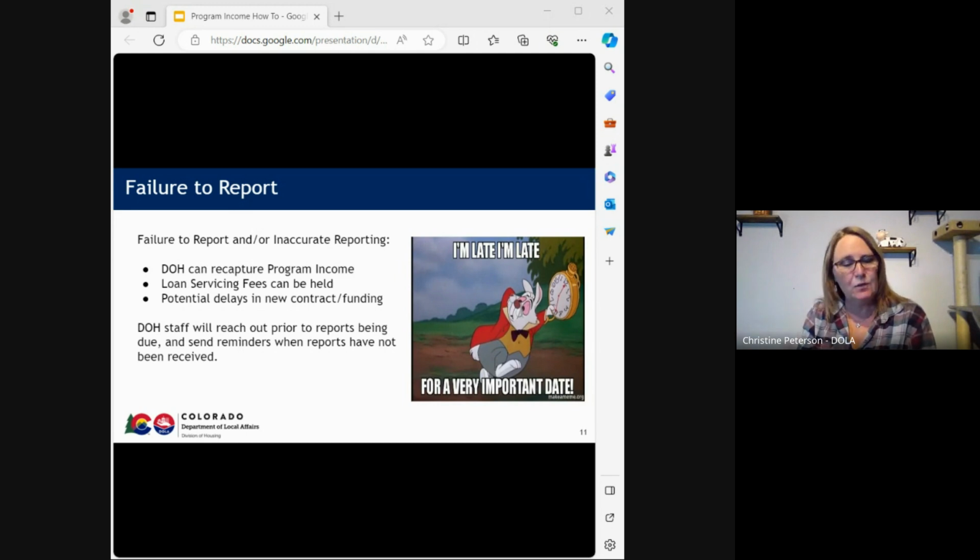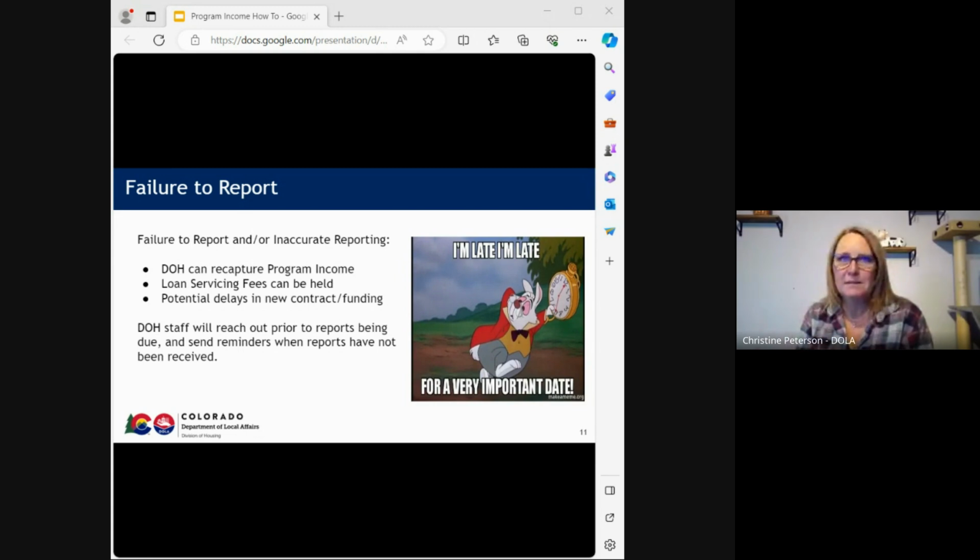We will need this by the 20th of January or July. Normally it takes us a couple months to catch back up and then notify you if we haven't received that report. I'll admit there are times that it is in our email. We didn't see it or we didn't save it properly. We're human also, but just let us know, oh, hey, I sent it here, forward it again. And we're fine with that.